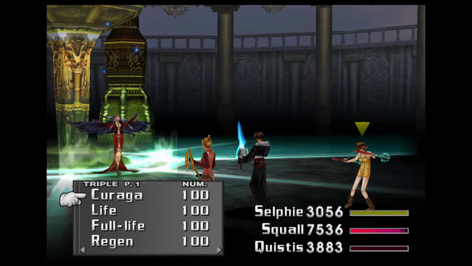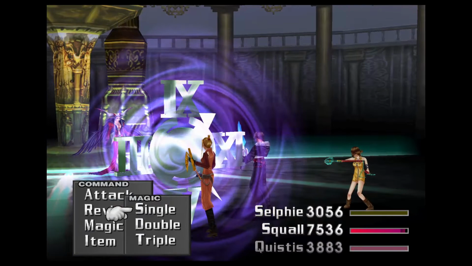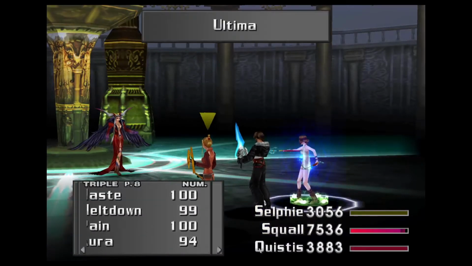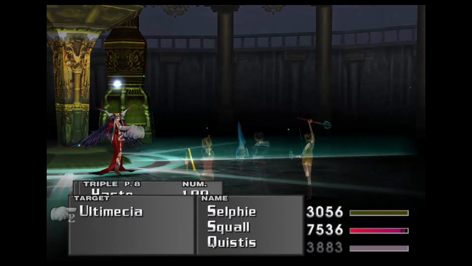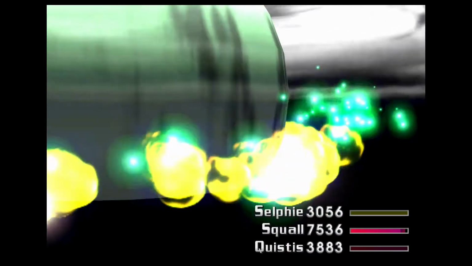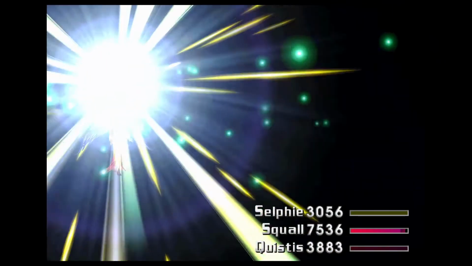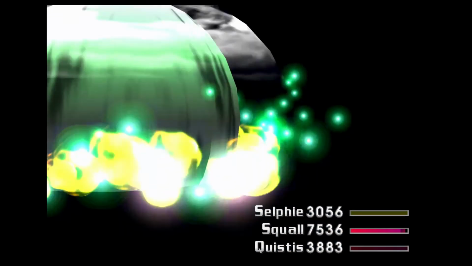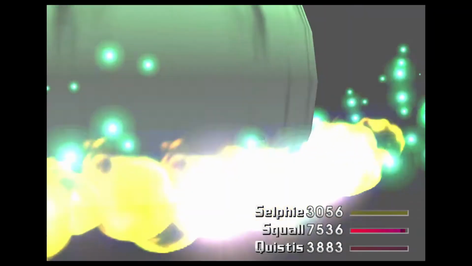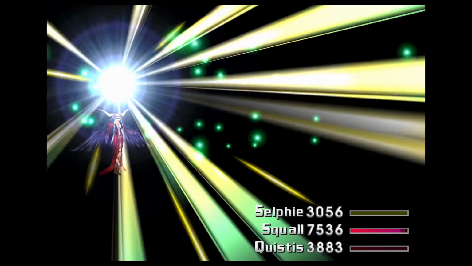Alright. Triple cast. Ultima! And triple cast. Meltdown. Sure, why not? I should have done Meltdown first, but, you know, best laid plans and all. So yeah, when you get to a higher level, Ultimacy is going to have a lot more HP. And if you'll excuse my not being prepared,